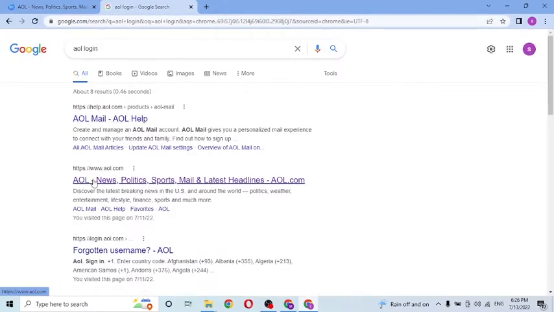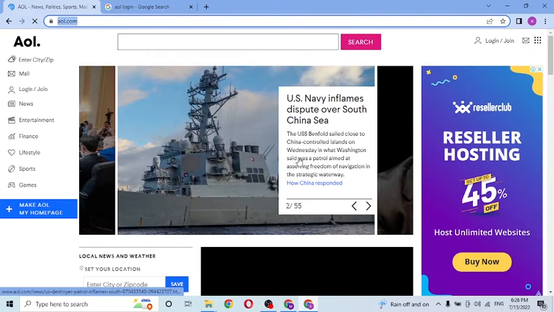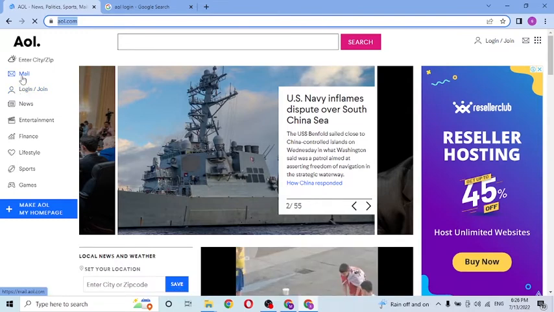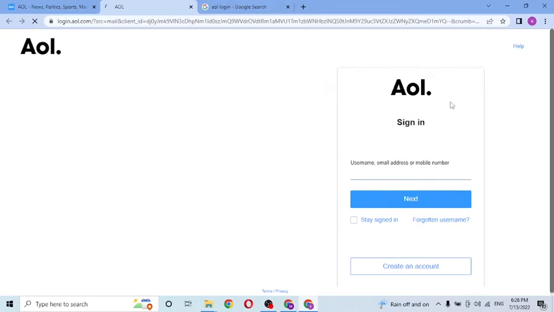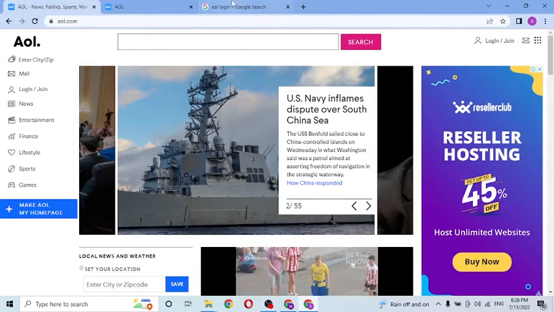Now you can see AOL.com over here, and login.aol.com over here with the forgotten username over it. But from AOL.com itself, we'll be on the home page of AOL. Now to log into your AOL mail account from the home page, you can see login/join over here, but over the top of that you can see the mail over here. Click on mail, and you can see this is the login page of AOL mail from the home page itself,